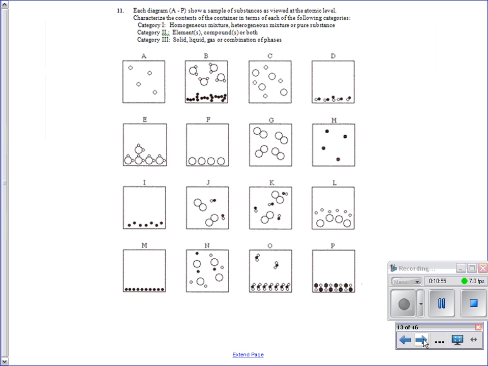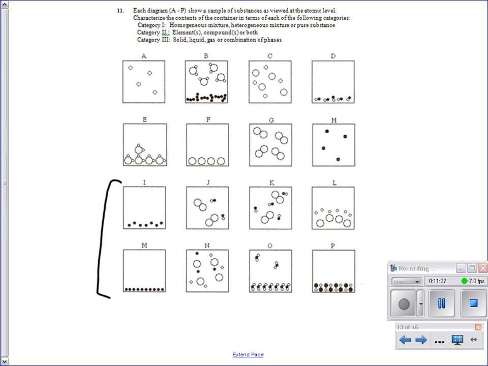All right, let's move on to these. I know you've seen these before. We're going to run through these. I'm going to do the first two rows with you, and then you can ask me questions about the other rows. I should probably do the last two rows because those look a little bit harder to me. We're going to identify, first off, if it's a pure substance or a mixture, and what kind of mixture it is, homogeneous or heterogeneous. You're going to tell me if there are compounds or elements in it, and also the state of matter.